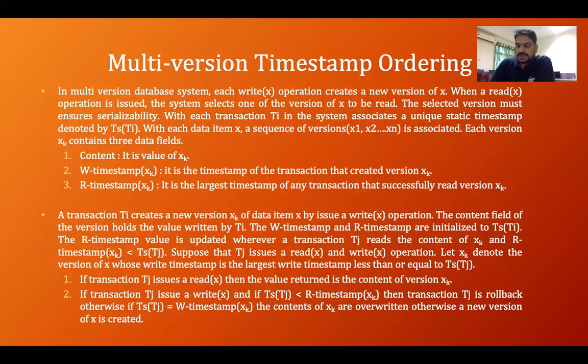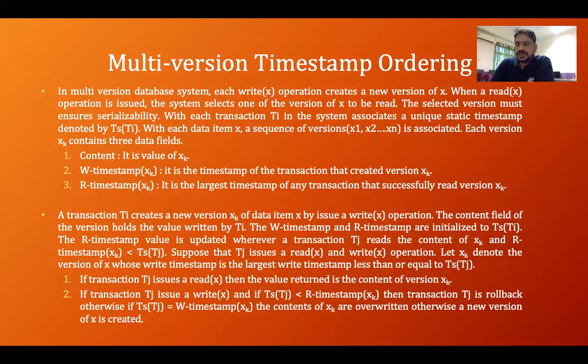Next was the timestamp based protocol, in which each and every transaction which enters the system will be allotted one timestamp. The data is also allotted two types of timestamp. One is the read timestamp, another is the write timestamp.